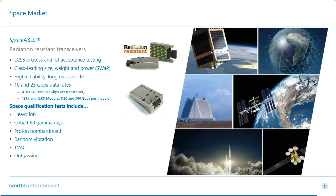And at Smiths, we've performed extensive qualification on these modules to evaluate the reliability for space applications. Some of these examples are radiation testing performed on the module at low energy and high energy radiation levels, mechanical integrity testing, shock, vibration, thermal vacuum, environmental tests such as outgassing, and also life testing. I'll go into more detail on the different qualification standards and testing in a later slide in